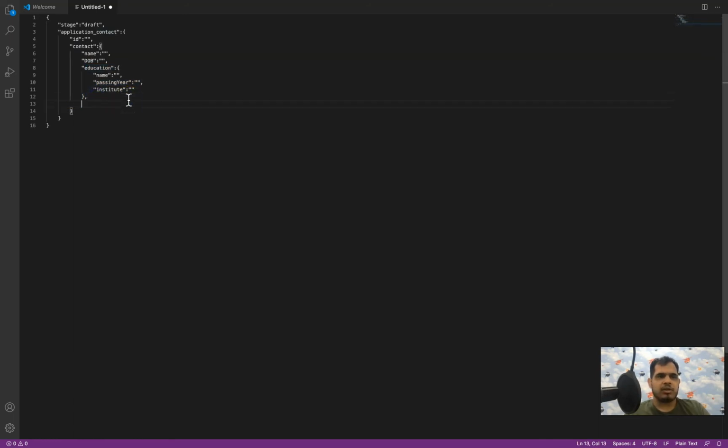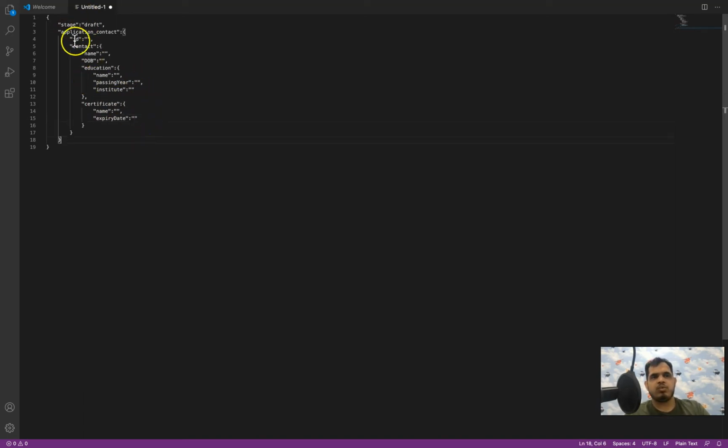Then inside the contact, one more thing I will have is certificate, and this will again be an object, and it can have name and the expiry date. That's what we can have.